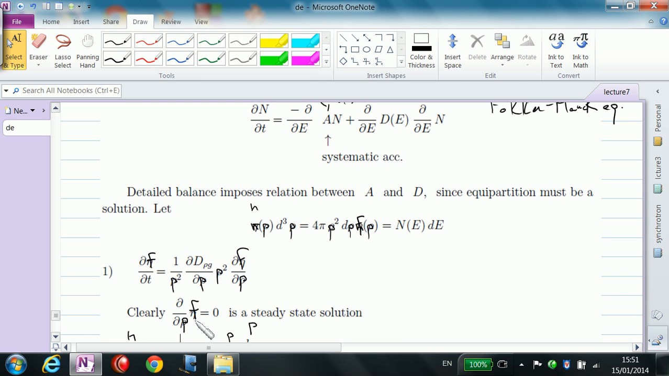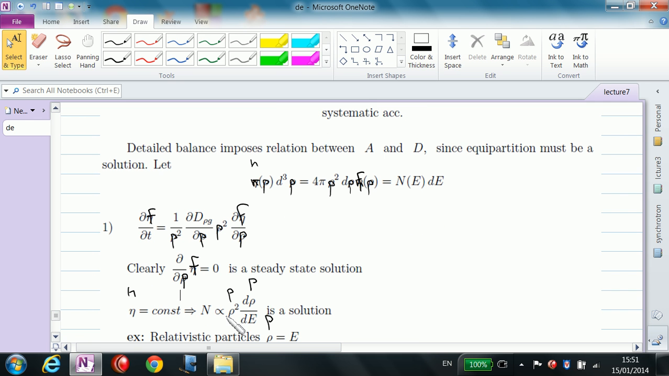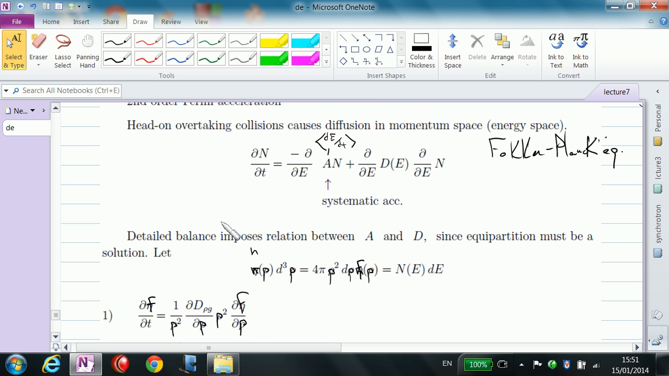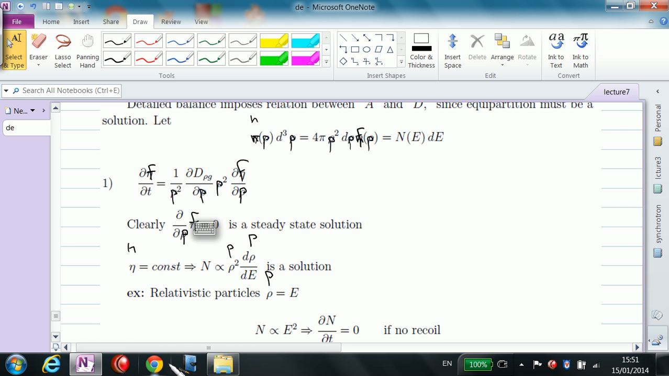Alright, for f constant, it means that every place in phase space is filled equally. By Liouville's theorem, that's clearly a solution, and it's a steady state solution. So, if df/dp is 0, well, this is obeyed. So one way to get the relation between A and D is not to use N, but to use the phase space distribution. And in that case,